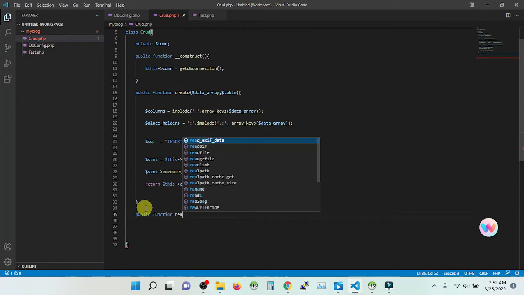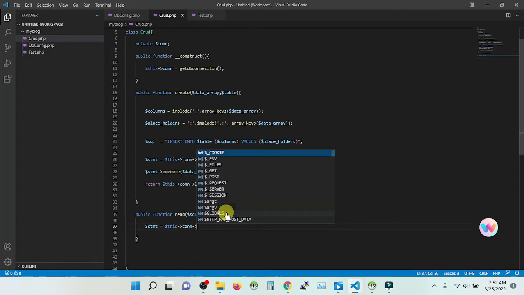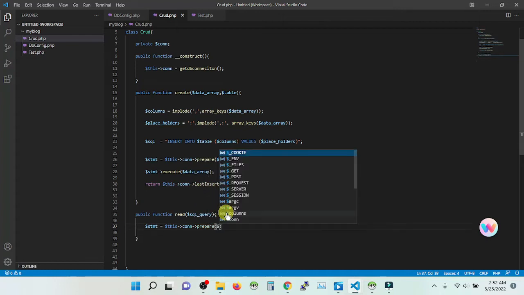Public function read. So this is the R part of our Crud class name. All right. And it takes a SQL query. And what you want to do is prepare the SQL query. stmt is equal to this con prepare, and want to pass the SQL query as a param,